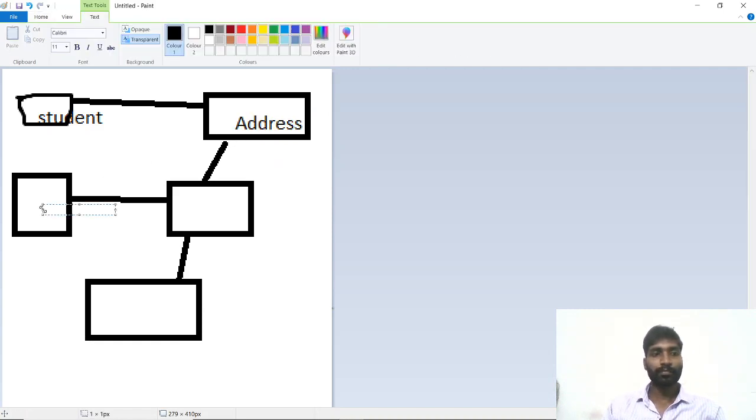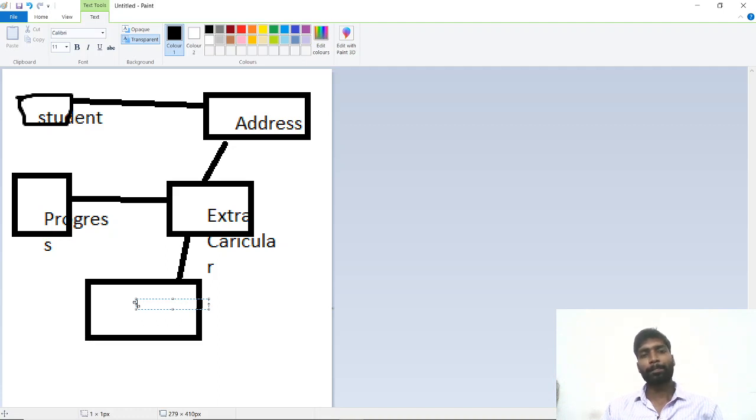Here class, progress means ranks and all, and here extracurricular, and here you can just add any information, or previous school information, or previous academic.